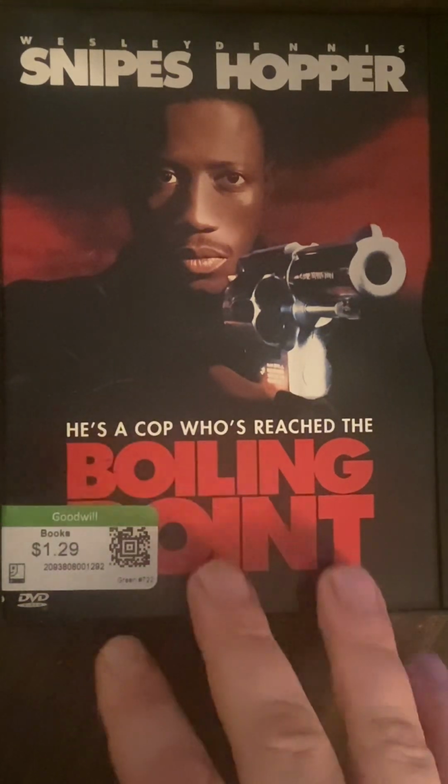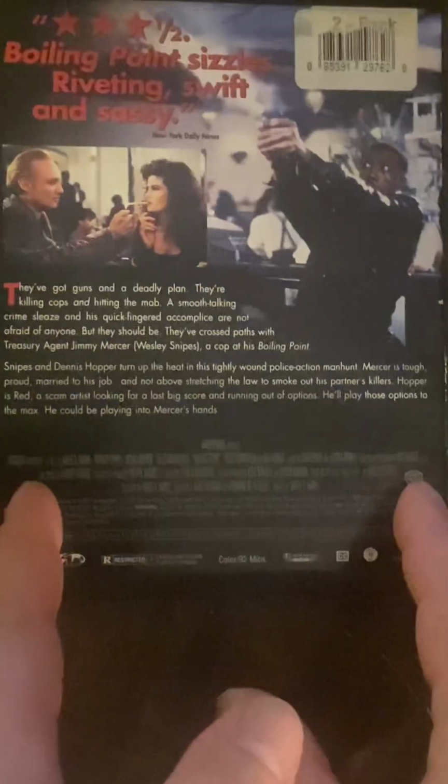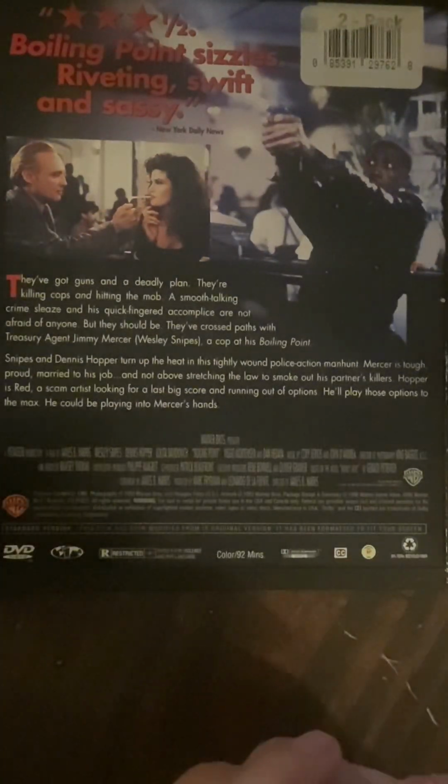So let's get started. First off, we got Wesley Snipes and Dennis Hopper in Boiling Point. He's a cop who reached the boiling point. This is a good movie. I have seen this one time. That's for the first one, and that is also a snap case. Next,